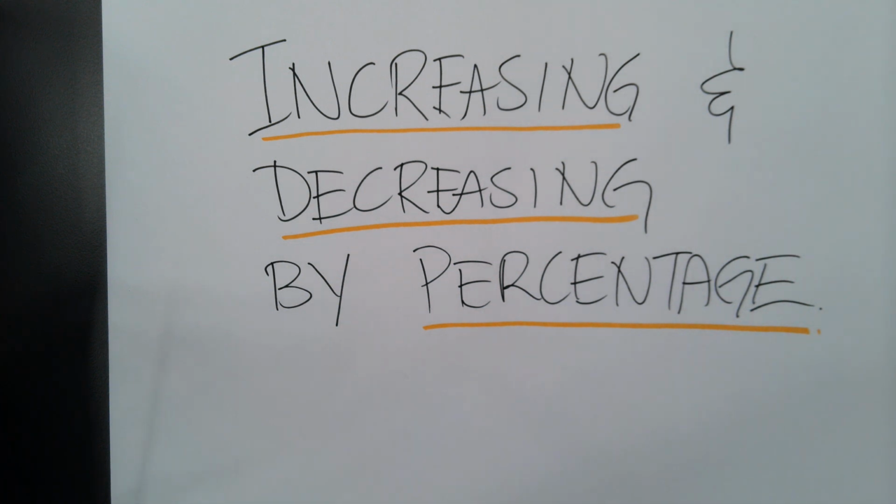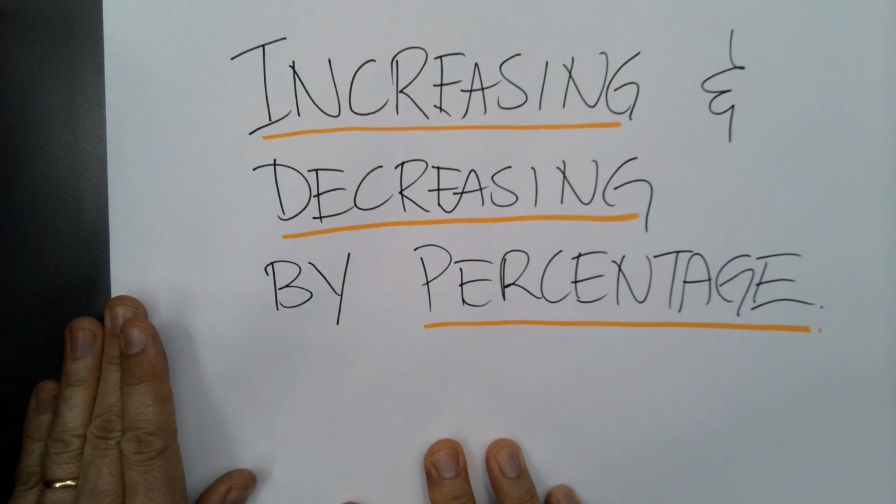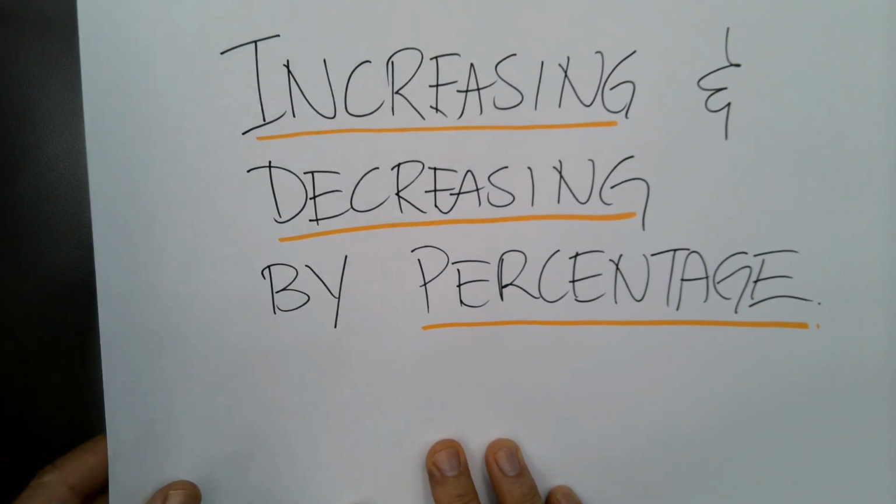All right, so moving on from basic percentage, what we're going to look at now is situations where we've got to either increase or decrease an amount by a given percentage. Okay, so we've got the basic concept of percentage being slices of the whole. You know, you've got 100 slices to make up the whole thing. So 20% is 20 slices. All right, so let's first of all look at the whole idea of